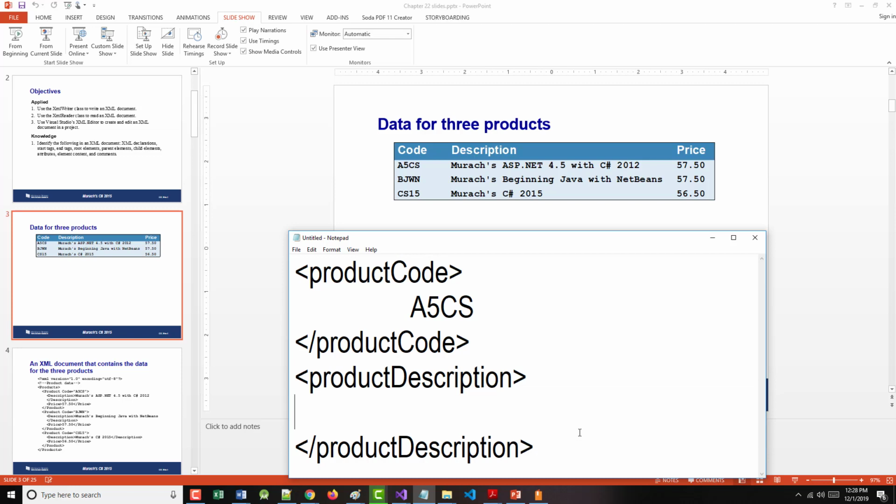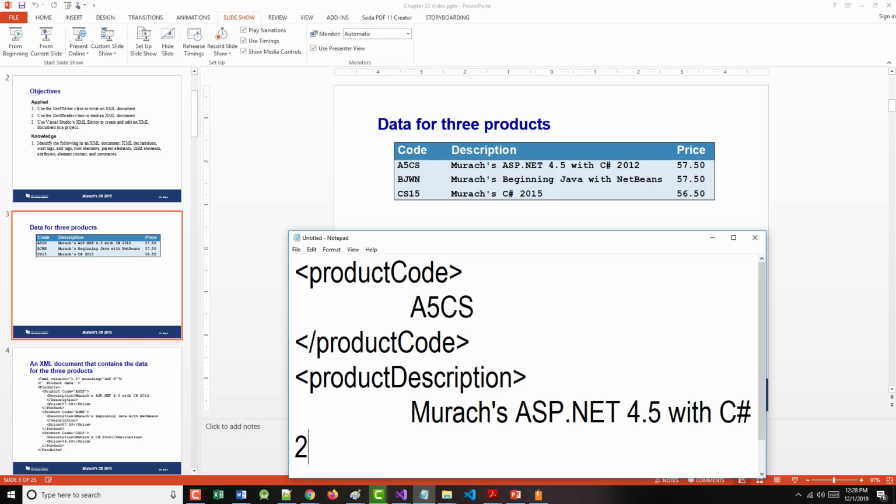And here we're going to have Murach's ASP.NET 4.5 with C#, 2012,